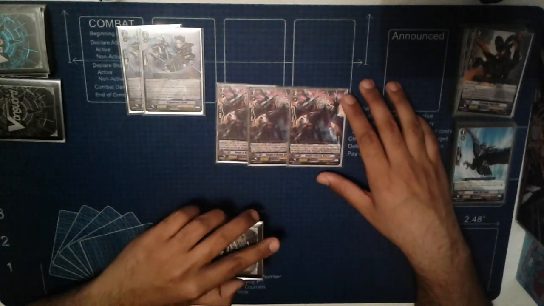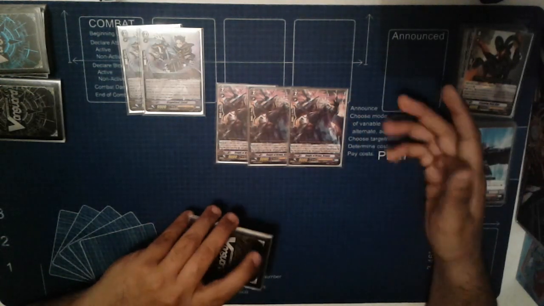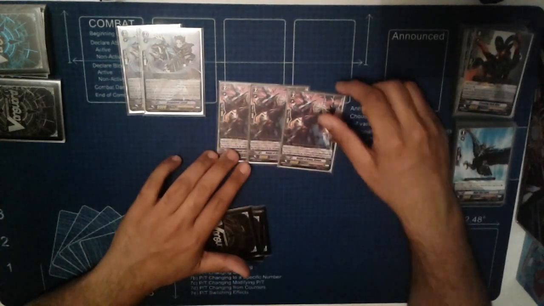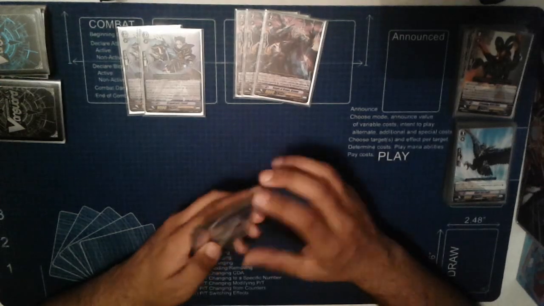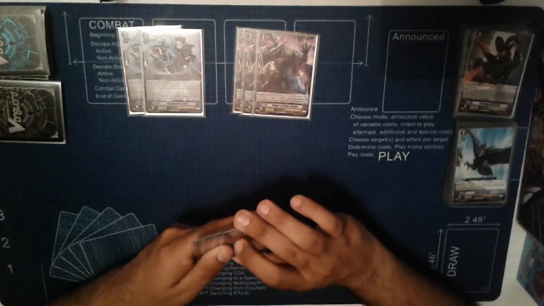His effect is G-Break 1. When your other unit with a grade less than this unit is placed on R, he gets 3k. So he can get pretty big when you stride and you got 2 grade 1s or less. He's the last one that shuffles. He is GB1. Okay. And then we run